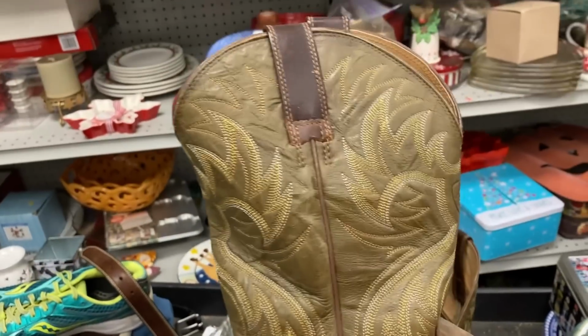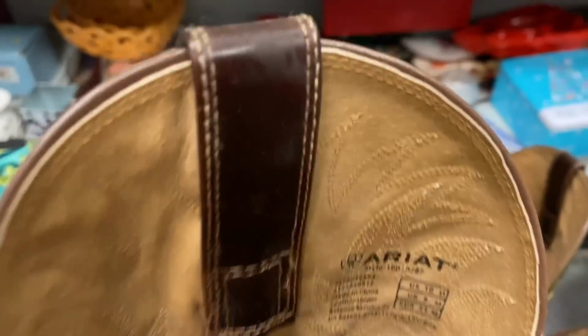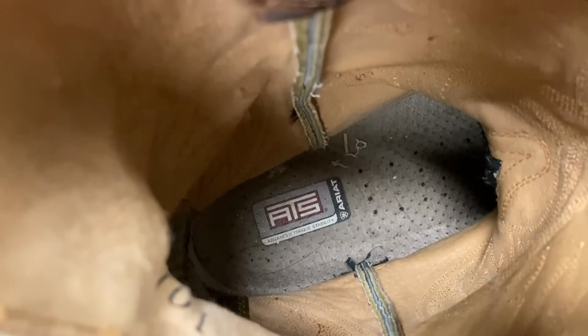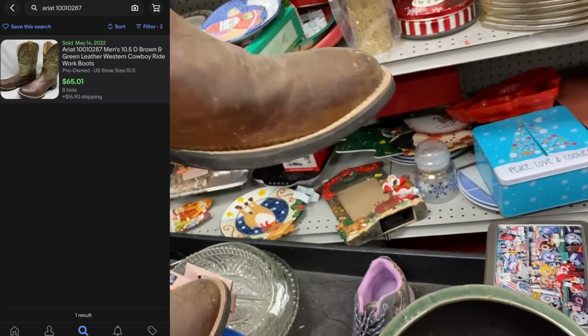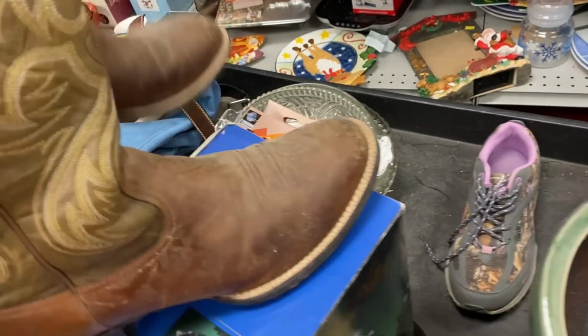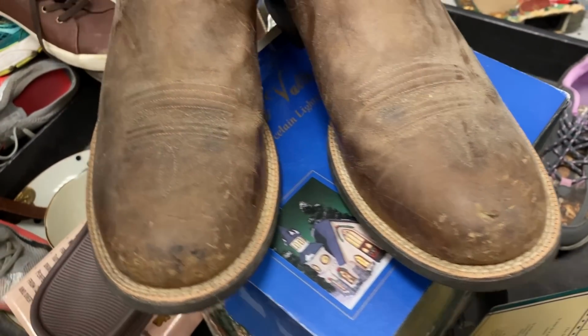a pair of Ariat boots here. The style here is Heritage Horseman. Now, there's a style number here. What is it? 1001-0287. There's a sold comp that was, I think, $65. So with fall coming up, I'm going to start looking at boots a little bit more. They have a little bit of damage you can see there on the front, and it's a brown-green color scheme here. I picked them up, even though they don't look like they're in 100% good condition, and I'm going to